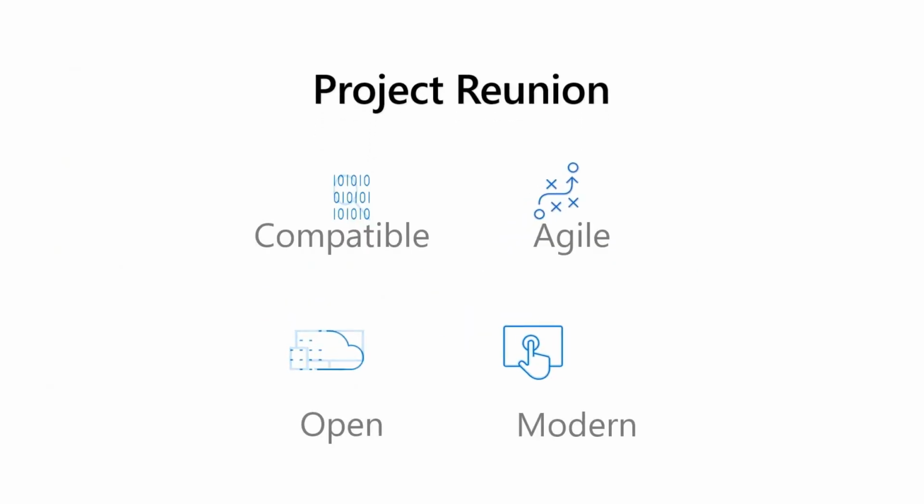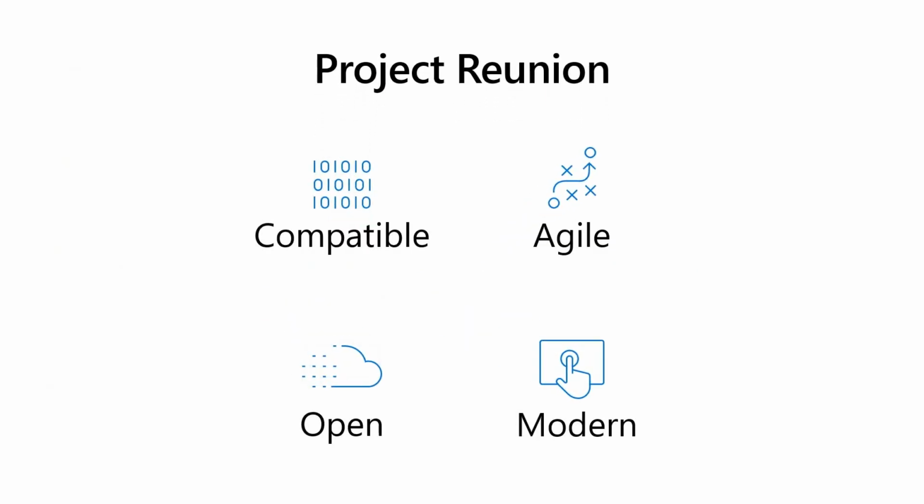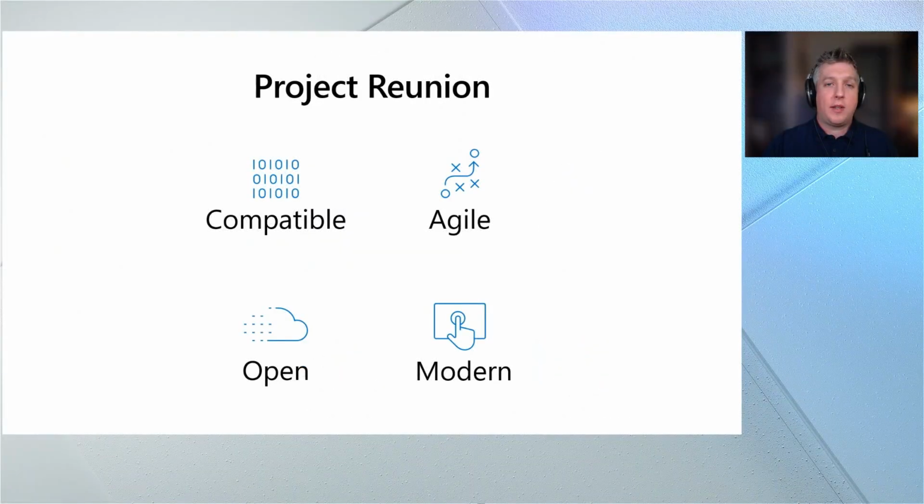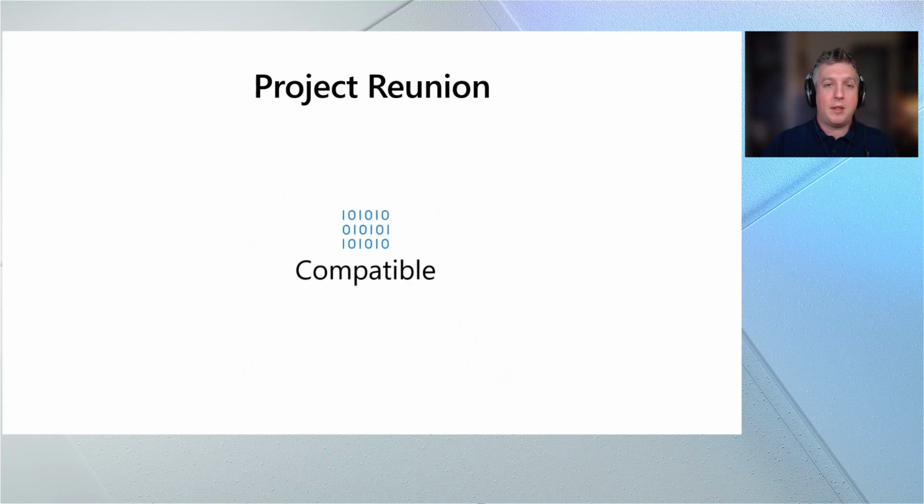And so as we looked at the best way to approach that, these are some principles that rose to the top, which are all based on the feedback we've heard from developers. We need a platform and strategy that's compatible, agile, open, and modern. And so let's talk about each of these components of our strategy for the Windows platform, starting with compatibility.